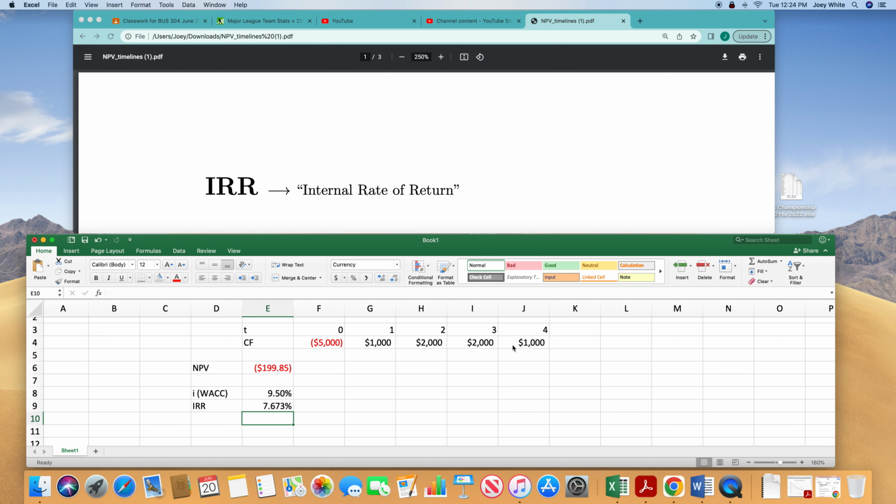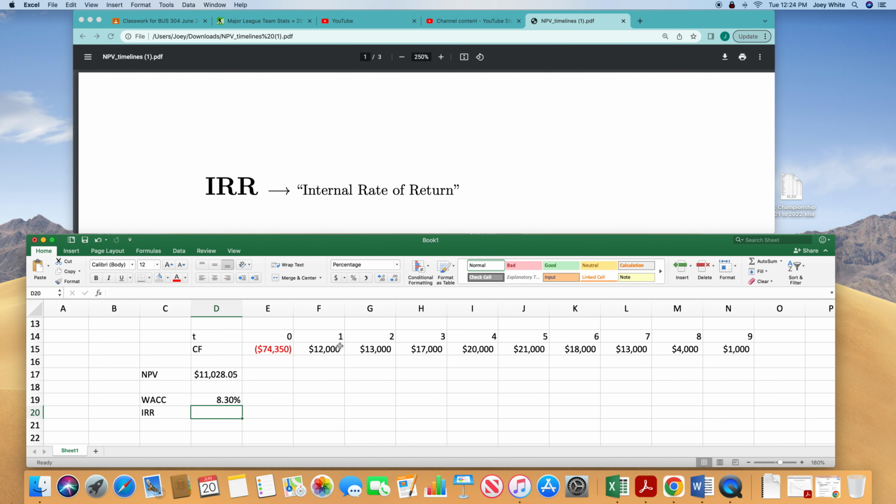Okay. Now, just to reinforce the intuition of the IRR, let's go ahead and recalculate the net present value, but let's use the IRR instead of the interest rate, right? So I'll use that, IRR, comma, but now we're calculating the NPV again, so we can't include the